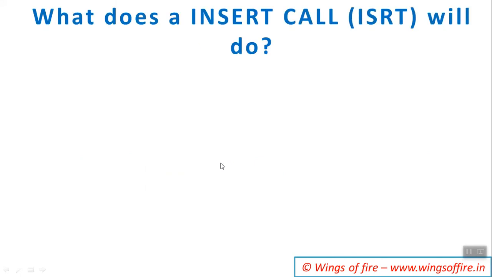So what does the insert call do? With an insert, we insert only one occurrence at a time, because that is the minimum unit of IO transfer. We can insert a root, or we can insert a complete record. A record is nothing but one root and all its children. We can insert only a child. If you are going to insert a root, it doesn't matter. You can insert any number of times.